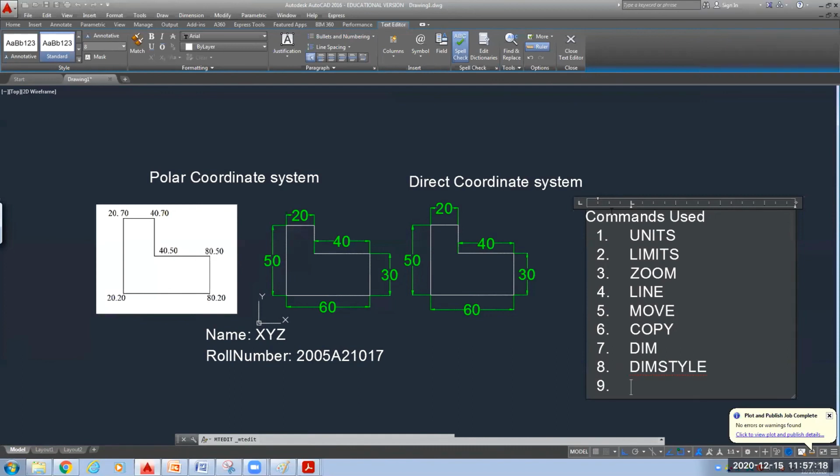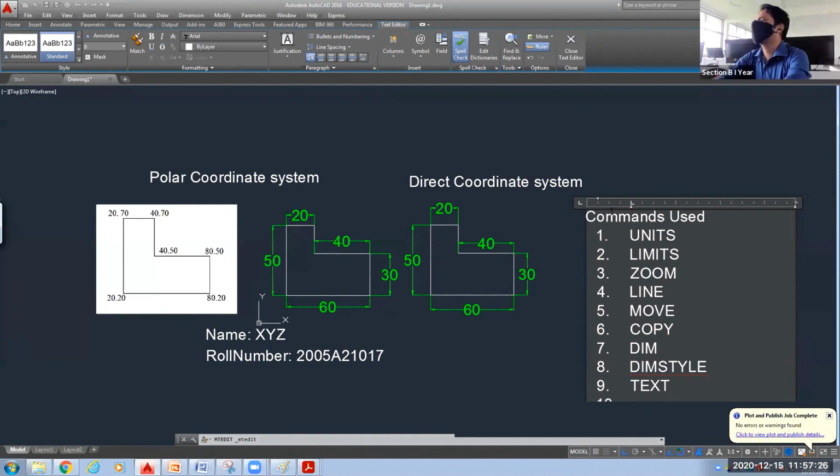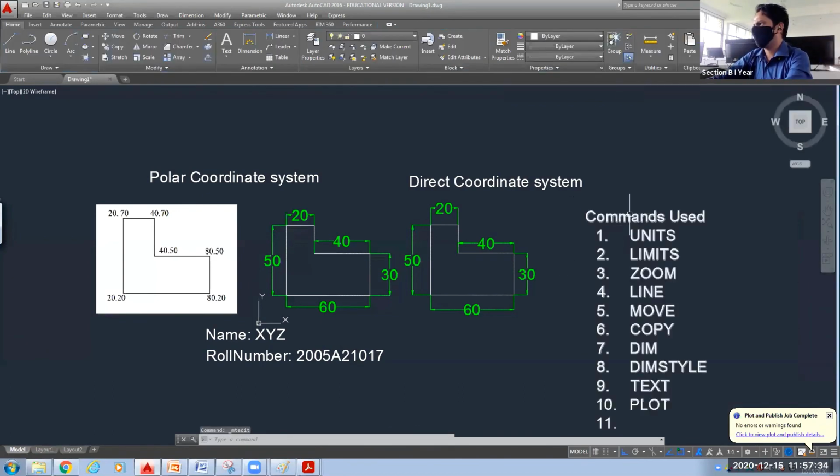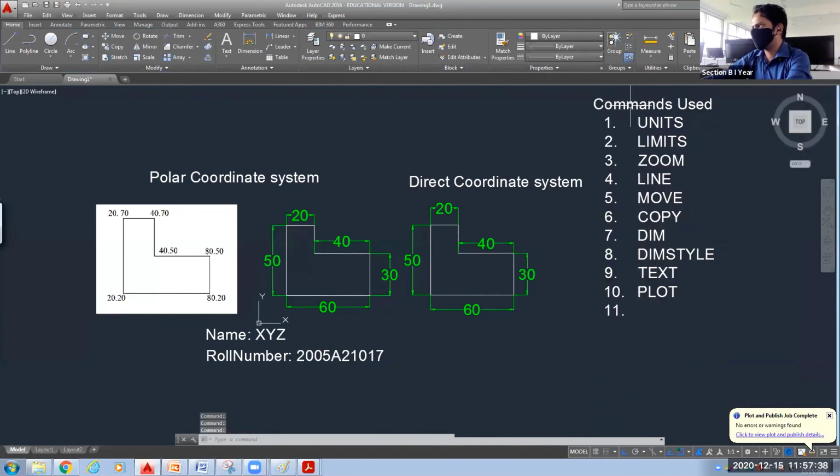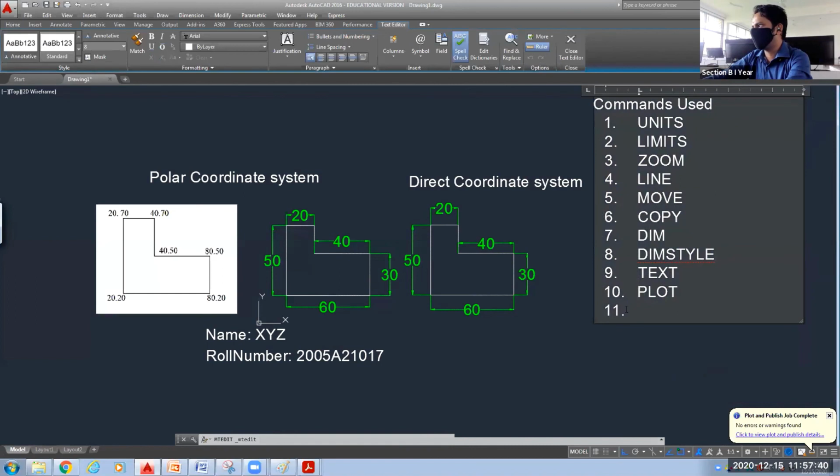Anything else? Text command. Text command, very good. Next, plot. Plot command we have seen. I will drag it above so that the bottom portion is also visible. Again, I will double click it so that I can edit it.